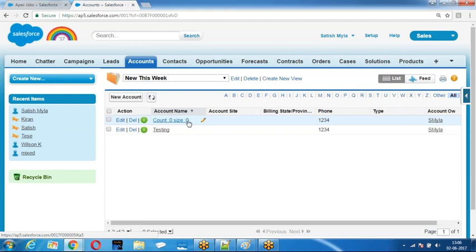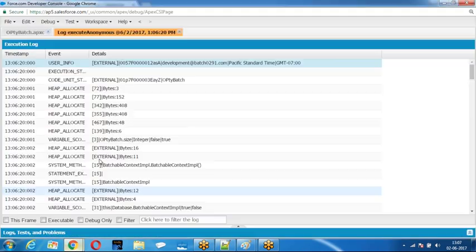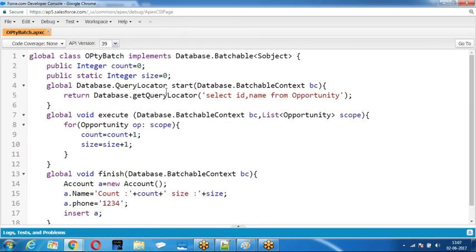So the changes you made are only applied for that execute. But if we come out of the execute, again the count equal to what? 0. Are you getting my point? But according to my requirement, I want the data to be transferred. By default, Salesforce is not transferring the data from one execute to another execute. If you want to transfer the data, what should I do?